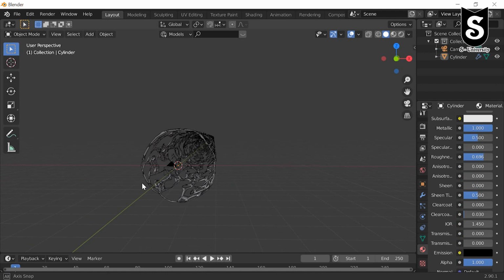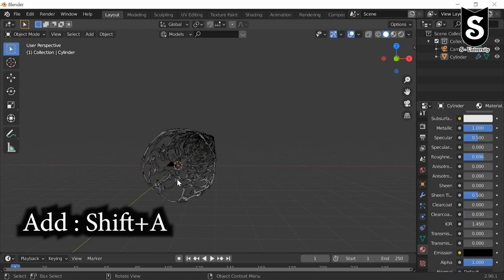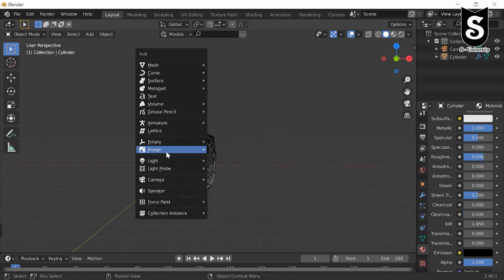Now add some light, Shift A, add point light.